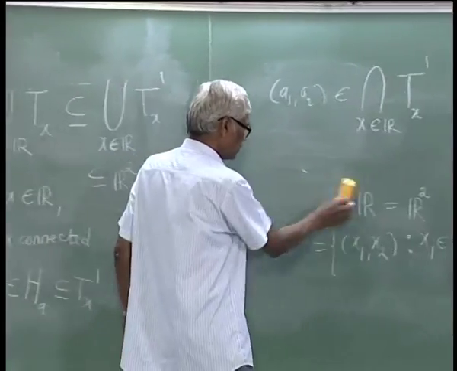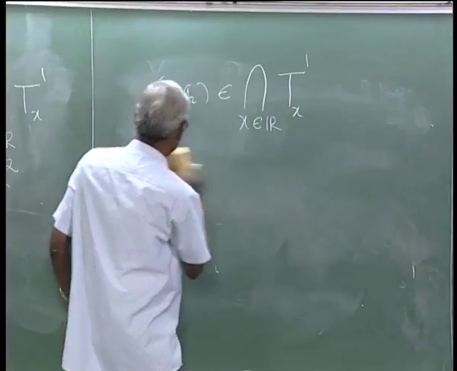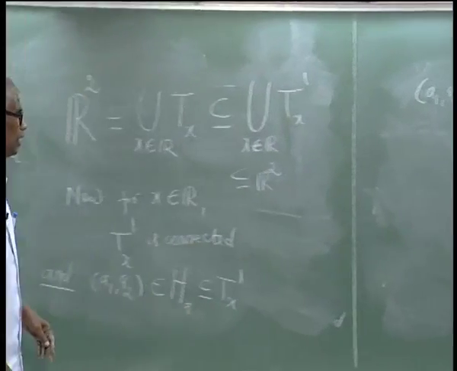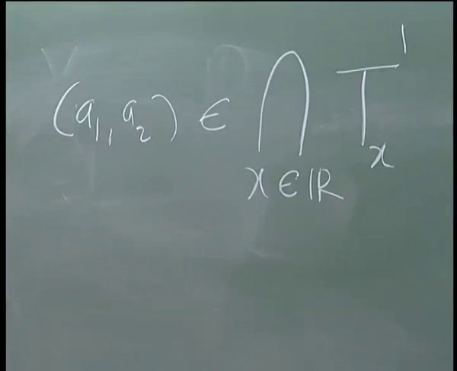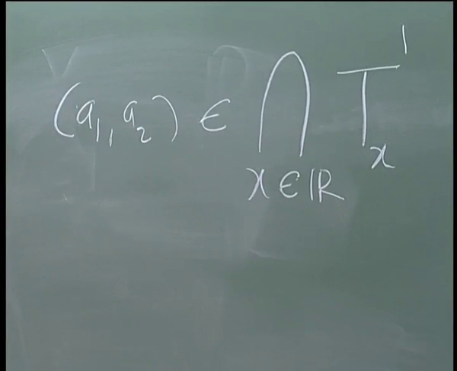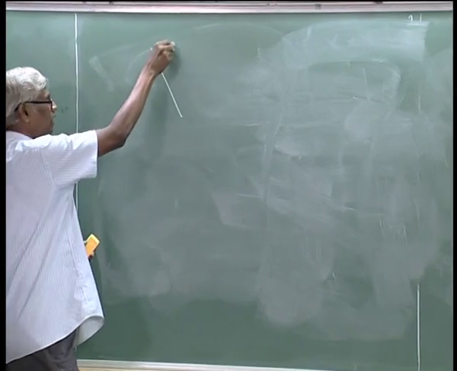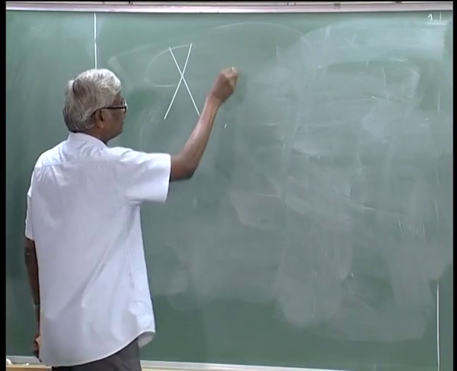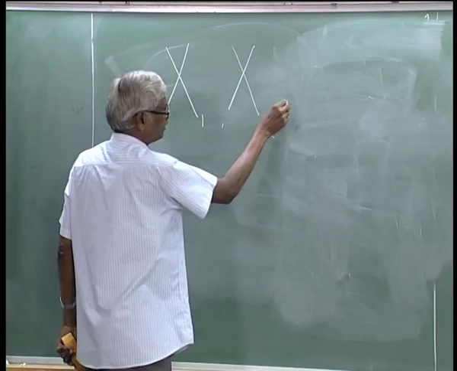So that we will see. But now this is not just for the plane; in place of R2, consider any topological spaces. Exactly the same idea we will use to prove that the product space is connected. That we leave as an exercise. In fact, now prove that X1, X2 connected